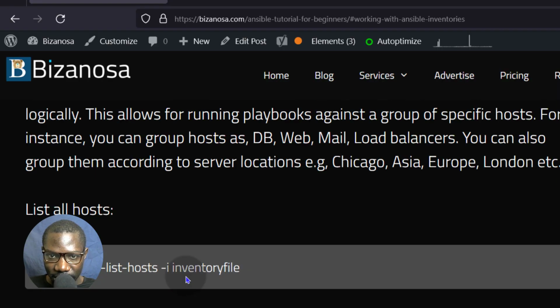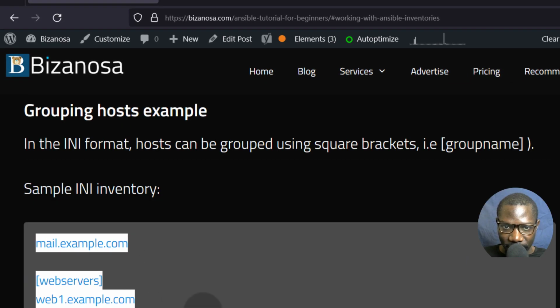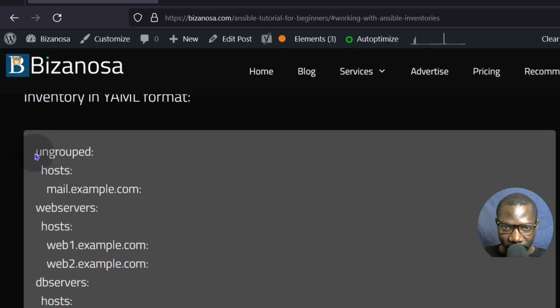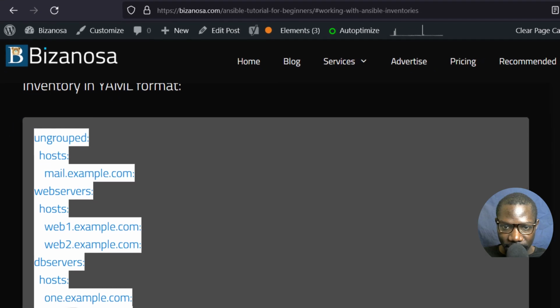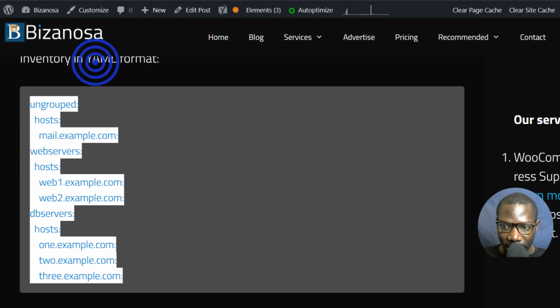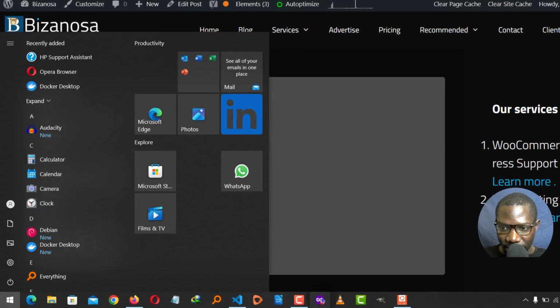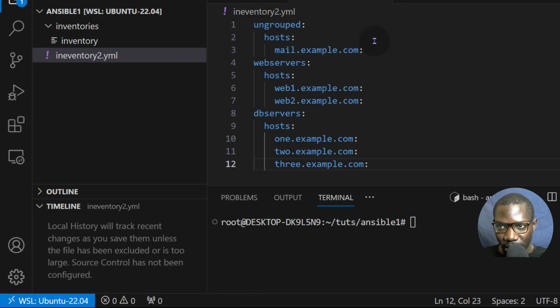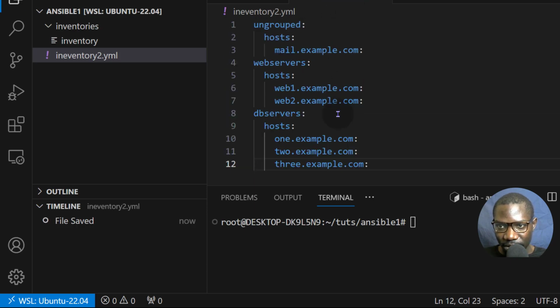We can copy some samples for a YAML. So this is the same, defined in a YAML format. So let's come back to VS Code, Control V, Control S to save. So this is just the same, inventory2.yaml.